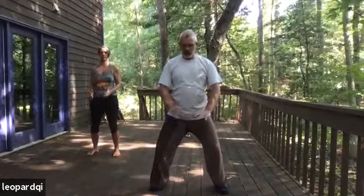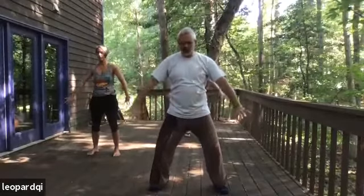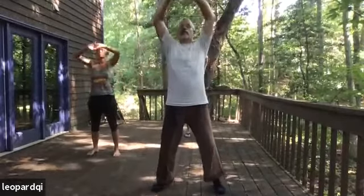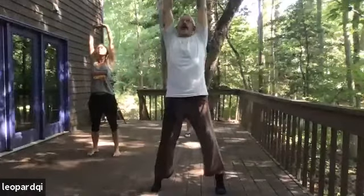And then we're just going to move into the 8 pieces. So what we do is very similar. We just kind of disperse that energy down into the ground, and then we gather it up, and then we lift it in front of us. We join the fingertips around the chest area, and then we press up, and then we float on down,